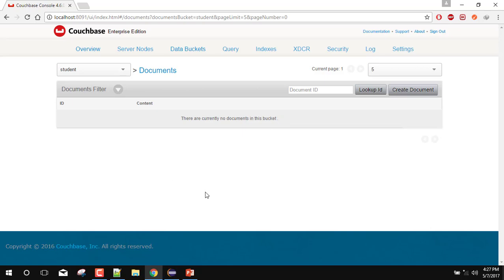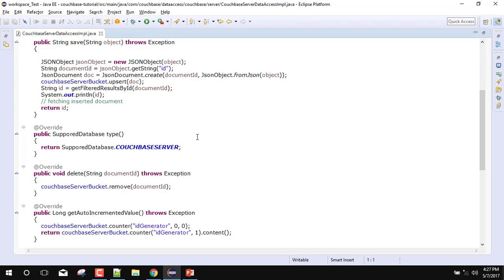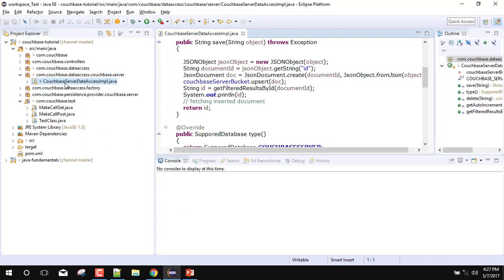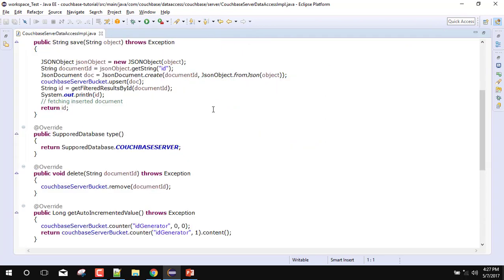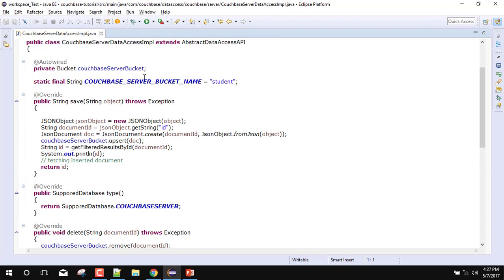So we will go to our Eclipse, and here you can see the code structure of our Couchbase application. I have created one data access Impl class for creating and fetching the records.